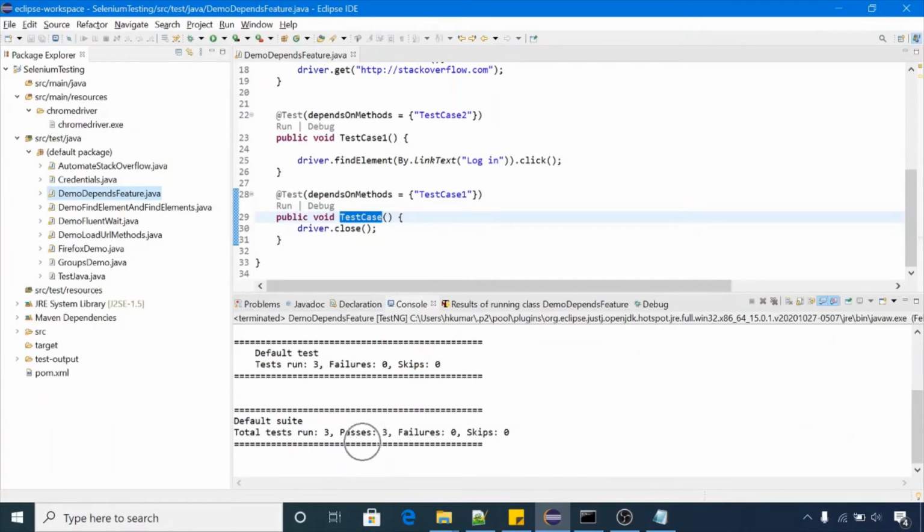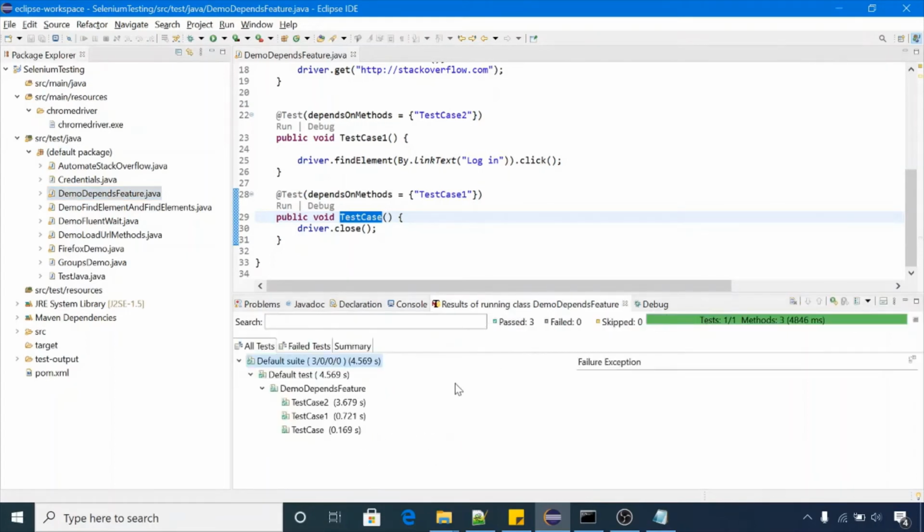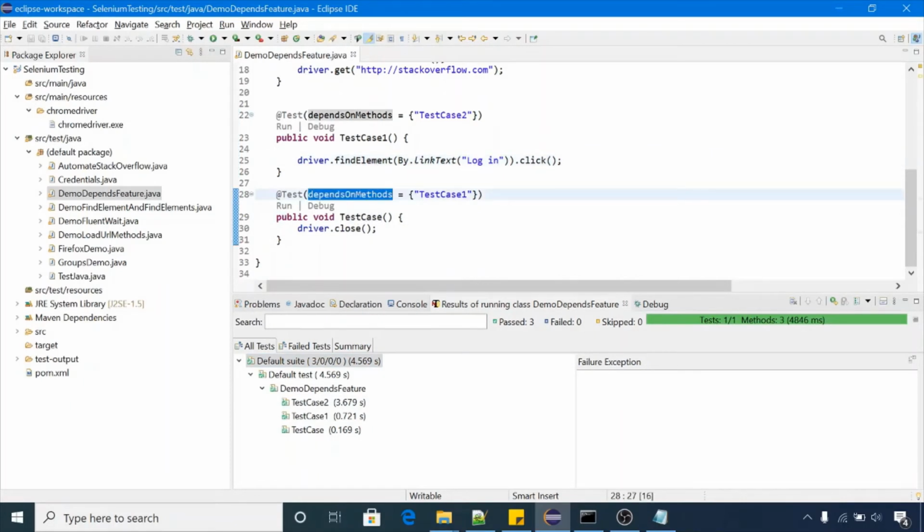It's showing tests run 3, pass count 3, fail count 0. Let me show you. It's running test case 2 first, test case 1 next, and this test case last. So this is the feature of dependsOnMethods. In this way you can use dependsOnMethods to execute test cases in a particular order.